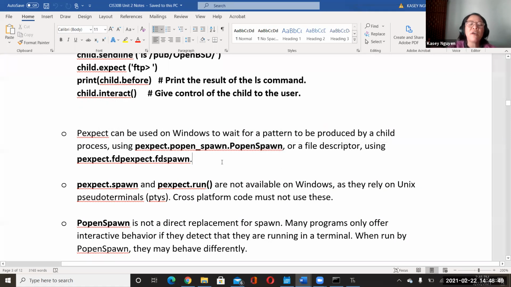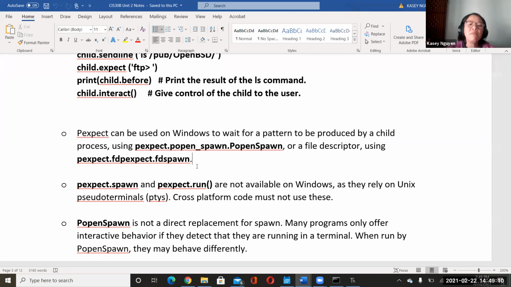So with this, you have to incorporate the module to be able to use it. So it's slightly different. It would not be exactly parallel to that because, you know, the OS is different.